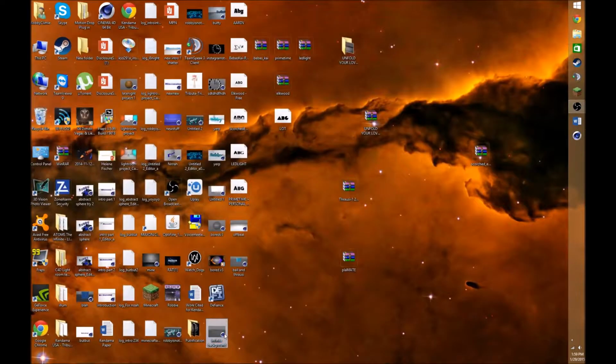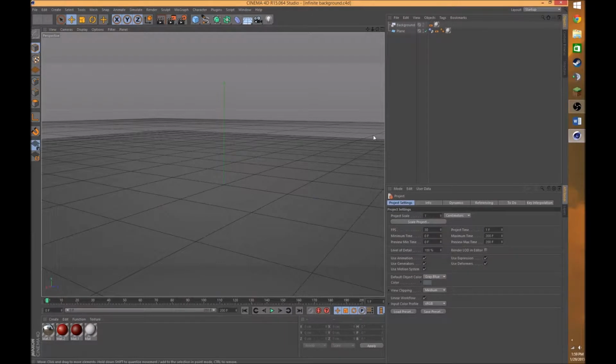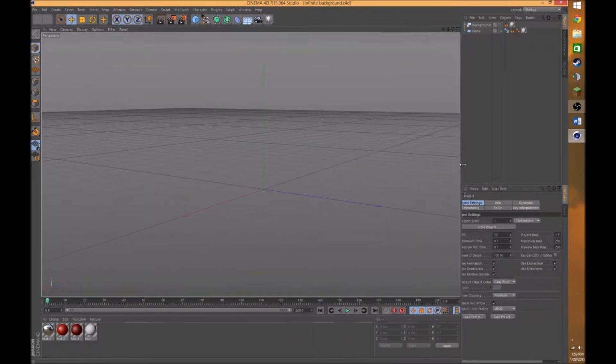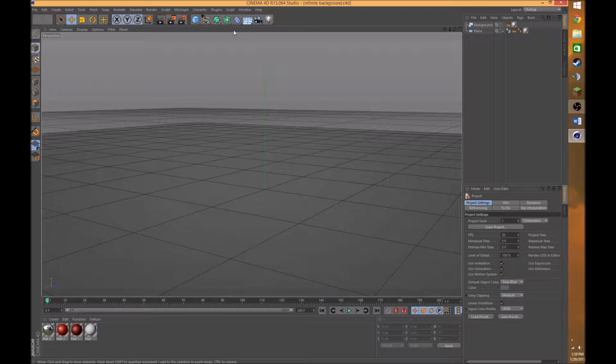So I use this template every time I work with Cinema 4D. I just made an infinite background. I learned it from FX Channel House, so go check him out. Alright, so what you're going to need to do is